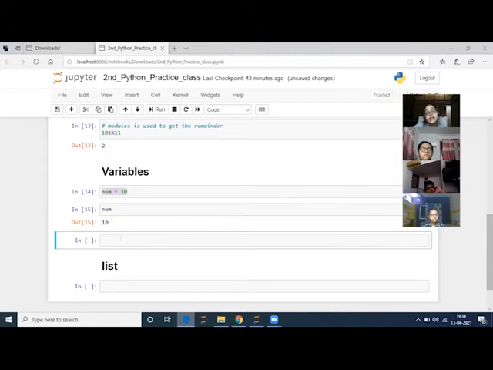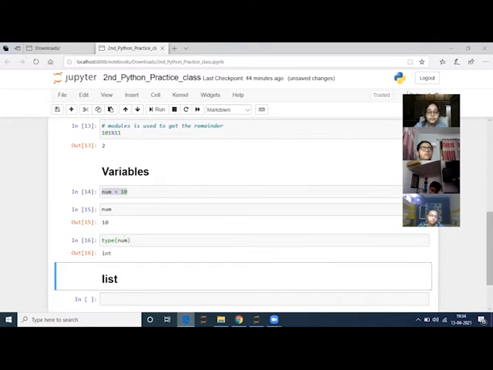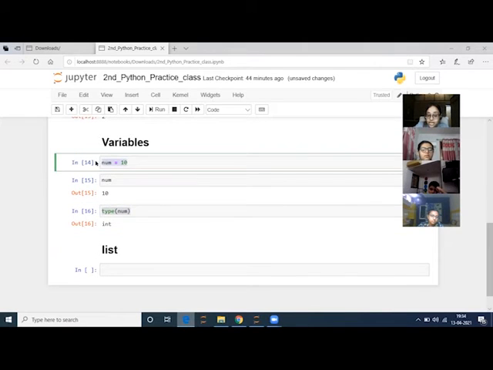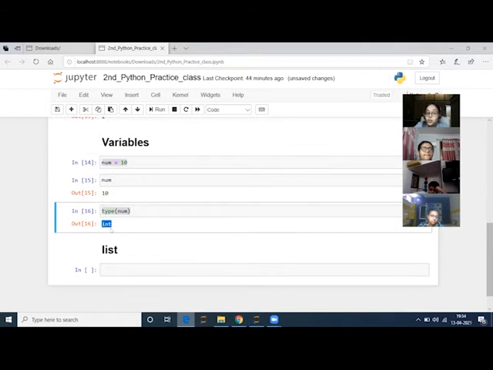So let me understand what machine actually understands about this num. To understand what machine understood about it, we have to use this type keyword, which is num. Check this. When we are checking the type of my variable, which I have initialized, I get the type. So can anybody tell me what is this int? Anybody? Integer. Right. This is integer. The type of my variable is integer. So we have heard before about integer, right? We can say something which is a whole number. We don't have any decimal numbers there. Fine.